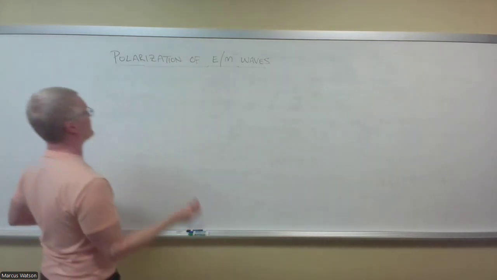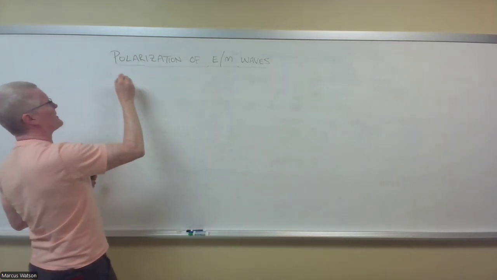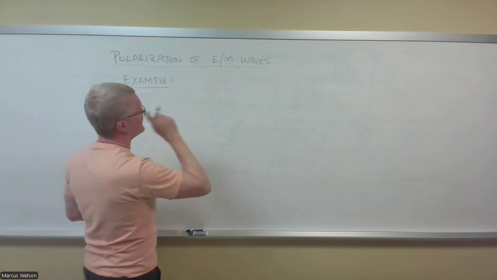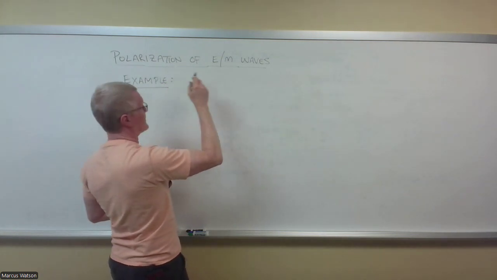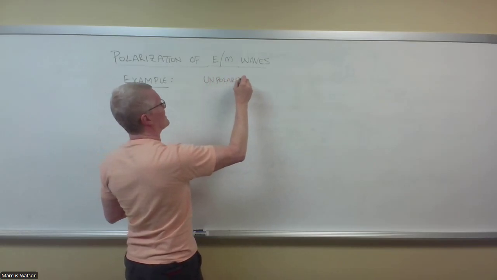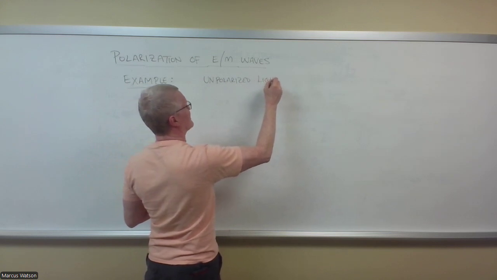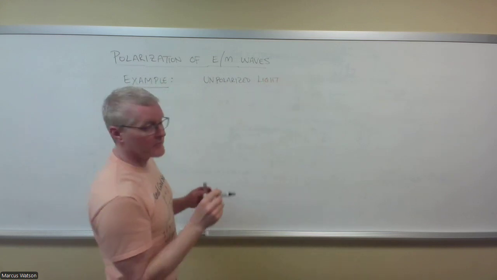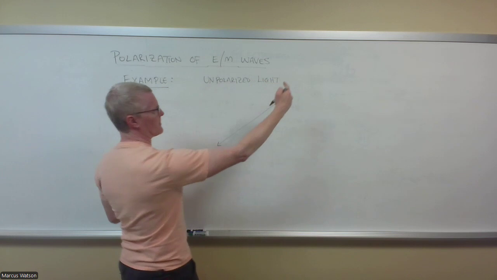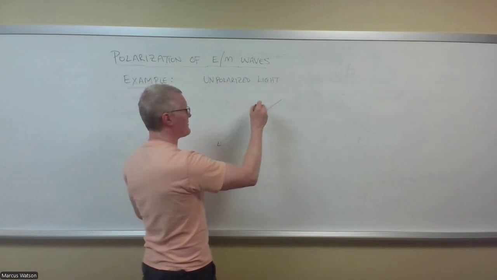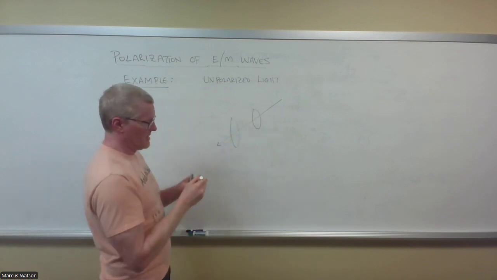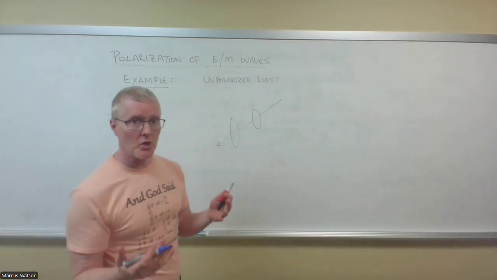So if we take a look at, for example, the idea here is the cosine squared rule. So if I take, say, unpolarized light, and I have two Polaroid filters. Suppose I have unpolarized light, and I'm going to say it's coming along an axis like this, coming from top to bottom this way. I'm going to have a Polaroid filter, say, here, and a Polaroid filter, say, here. Okay, initially the light is unpolarized, so I'm going to draw in